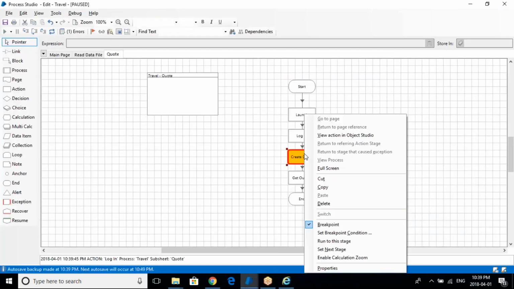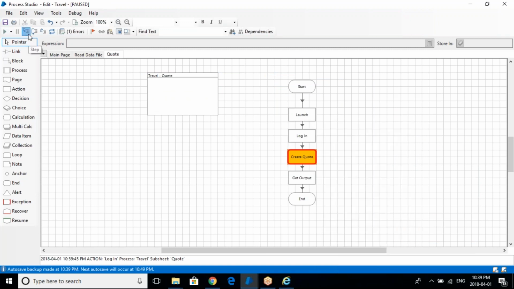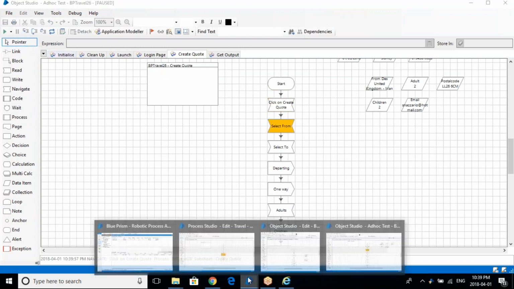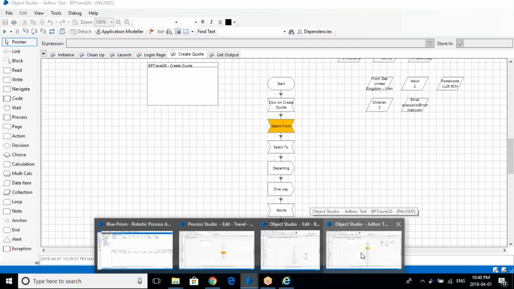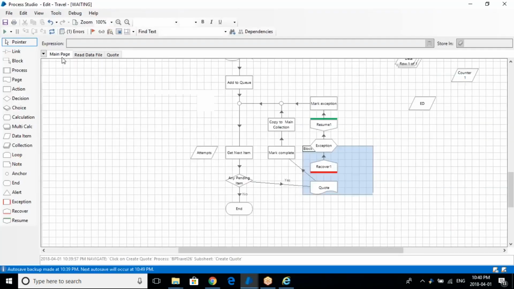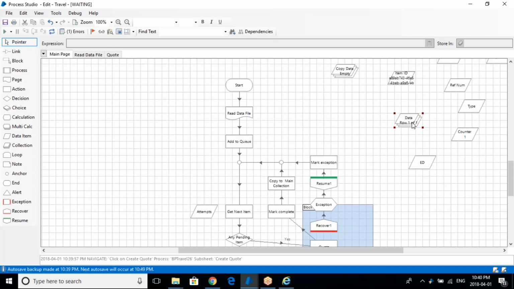Okay. So if you go here in the main process studio, if you see this,